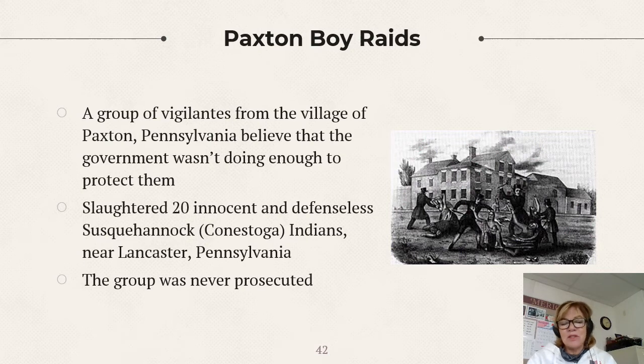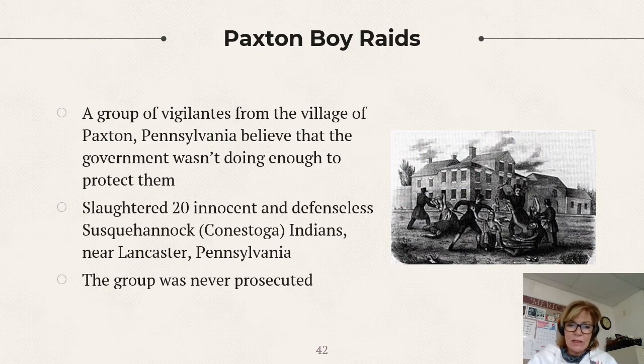Okay, so much so, there's a group of Scots Irish. I shouldn't laugh because this is horrible what happened. I'm just thinking these Scots Irish, probably about 20 or 30 Irishmen get together, and some say that they were drunk. They had been drinking, and they're like, "We're going to get back at the Indians," and they go and attack an innocent group of Conestoga Indians, Susquehannock, near Lancaster, Pennsylvania. They were doing nothing. They hadn't been involved in any attacks whatsoever.